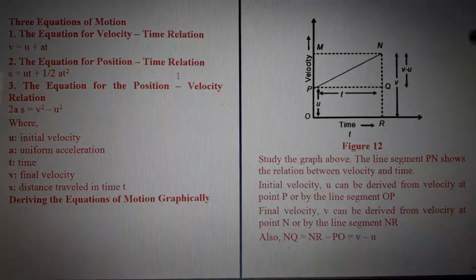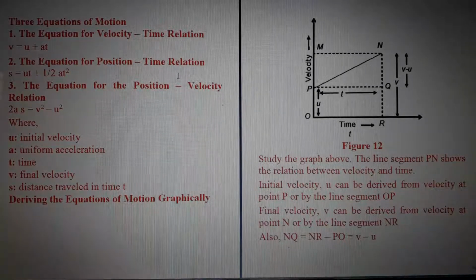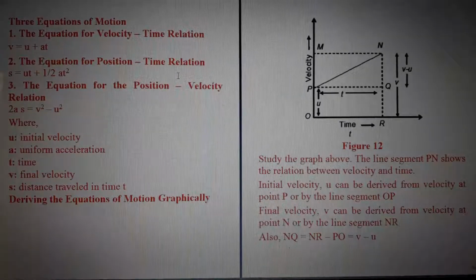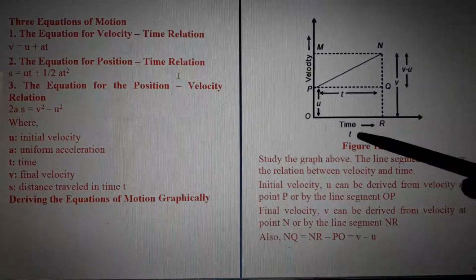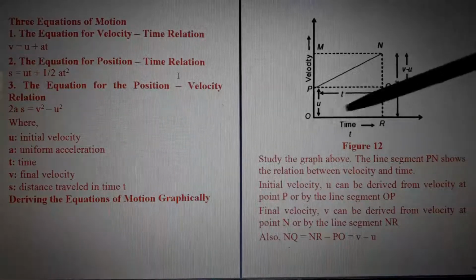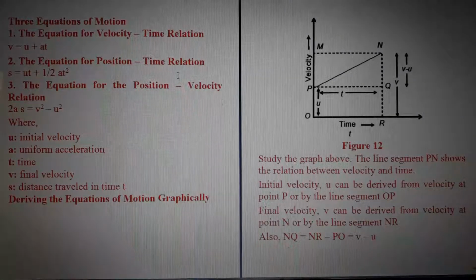So why this graph? If you are doing a graph, what we first want to remember is, see, this is a velocity time graph. There is no doubt about that. I hope that everybody knows that it is a velocity time graph. So in a velocity time graph, what do we have? First, in the x-axis we will describe the time. That's a very easy part. And the next axis, the y-axis, we will take as velocity. That's why it is called a velocity time graph.